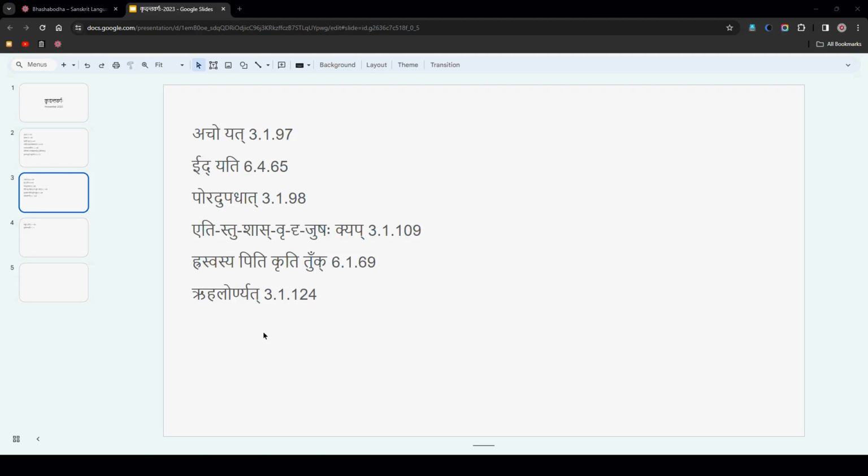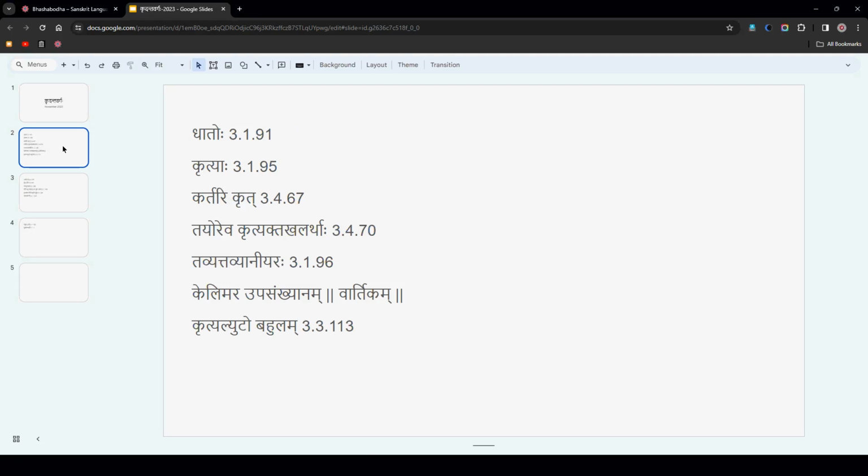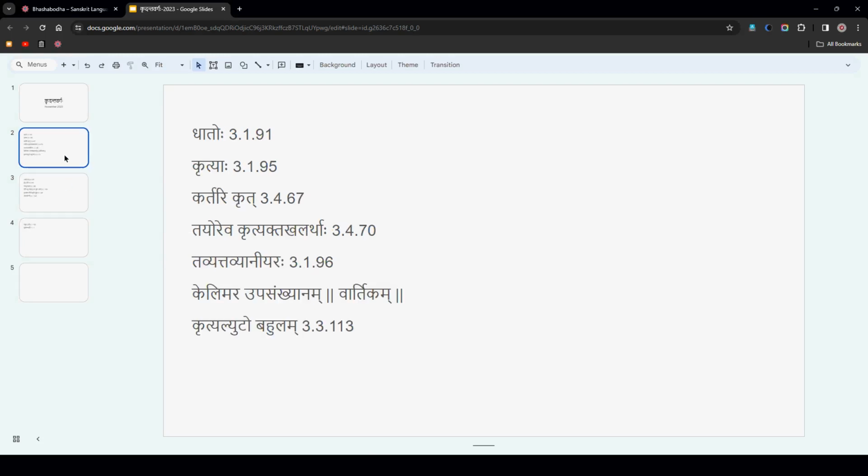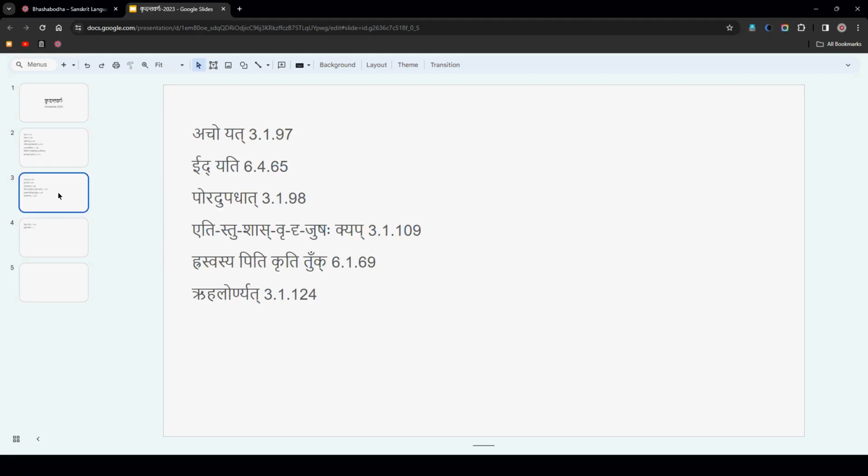So we have been going through these kritya pratyayas, the three pratyayas, first one, and then another one, kelimar. Then we have acho yat. So we are studying three more. Previously we studied three, actually four: tavya, tavyat, aniyar, and kelimar. And last week we studied acho yat pratyaya, and then